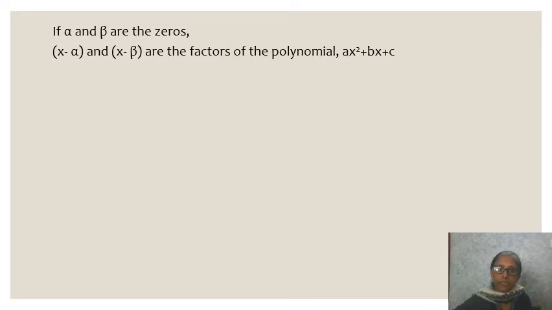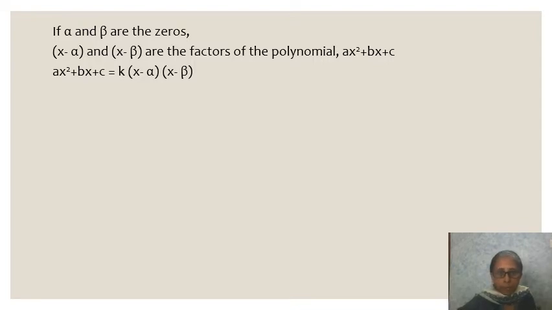Now we are going to learn the relationship between the zeros of a quadratic polynomial and the coefficients. Okay, now we have taken alpha and beta to be the zeros of the quadratic polynomial ax square plus bx plus c. Therefore the factors of the polynomial will be x minus alpha and x minus beta. Is it clear? Now see, ax square plus bx plus c is equal to k into x minus alpha into x minus beta. Remember the previous example you did? It is in that form.